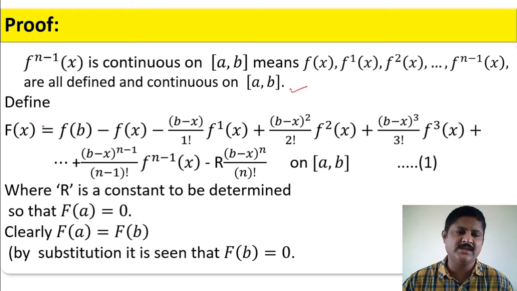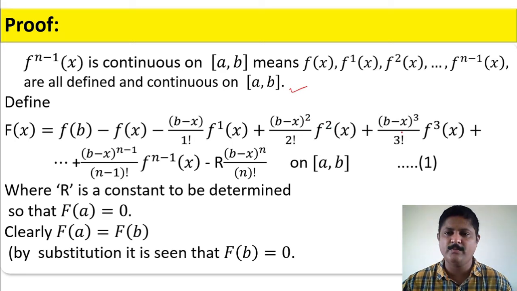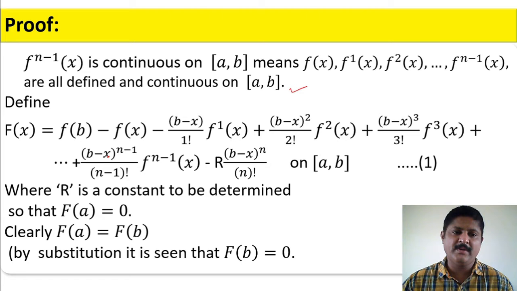Now we define a function capital F of x equals to f of b minus f of x minus (b minus x) divided by 1 factorial into f1 of x plus (b minus x) whole square by 2 factorial into f2 of x plus (b minus x) whole cube by 3 factorial into f3 of x plus so on plus (b minus x) whole power n minus 1 divided by n minus 1 factorial into f^(n-1) of x minus R into (b minus x) whole power n divided by n factorial on closed interval ab. Call it as equation number 1, where capital R is a constant to be determined so that F of